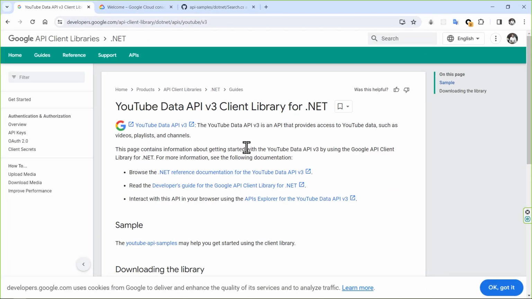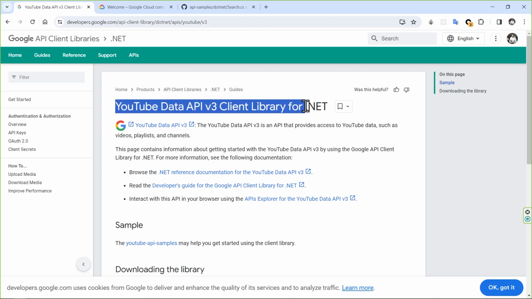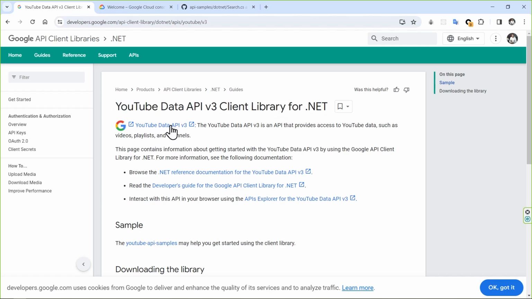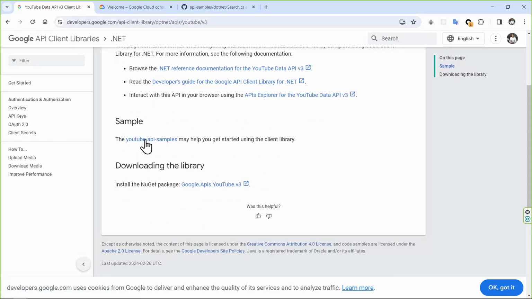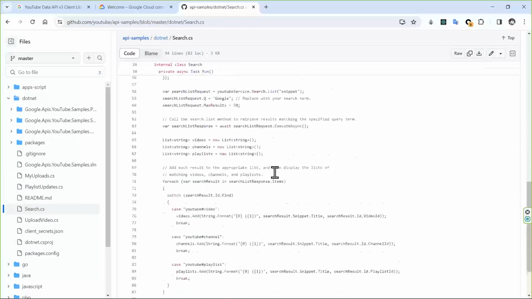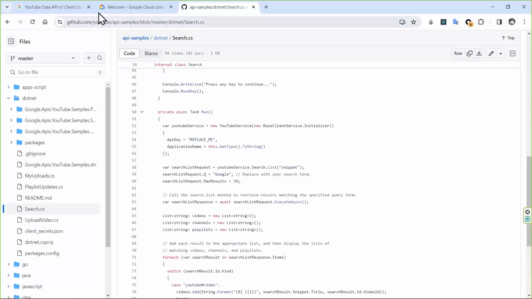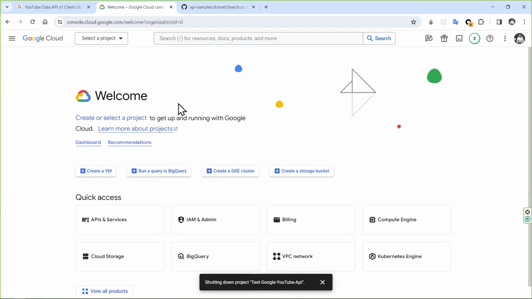So this is the documentation for the developers of Google, and you can see that the related data about the YouTube Data API for the .NET client library is here. You can see the data here, and also browse some documentation and read the developer's guide, and also the test API explorer, a sample for it, and the NuGet package. So the API sample code is here. I'm using this code in this tutorial. And also you need to go to console.cloud.google.com